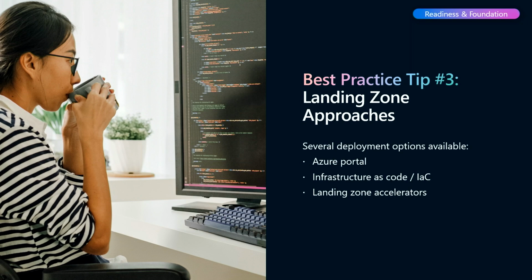Now, Azure Landing Zone. I believe it's my last one in Foundation, but first off, quick show of hands. Has anybody here heard of Azure Landing Zone? All right, excellent. So remember when I introduced myself, customer success, what we do is we learn from working with customers.